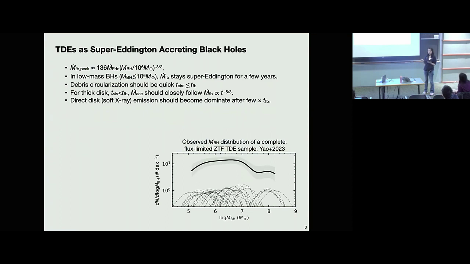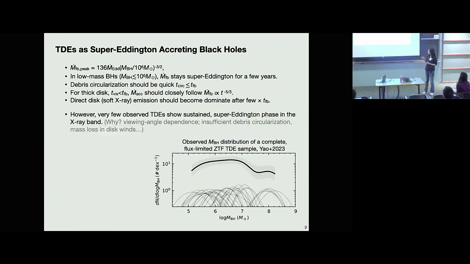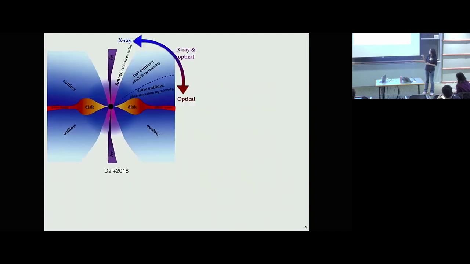But if you look at their X-ray light curves, very few of them show a sustained super-Eddington accretion phase, as Muriel just showed. Lots of theories have been proposed to explain this lack of observed X-ray emission. One is the reprocessing picture, where if you look through the optically thin funnel, you can see the exposed accretion disk, which gives strong X-ray emission. But if you look through other viewing angles, the X-rays are reprocessed into the UV and optical band via